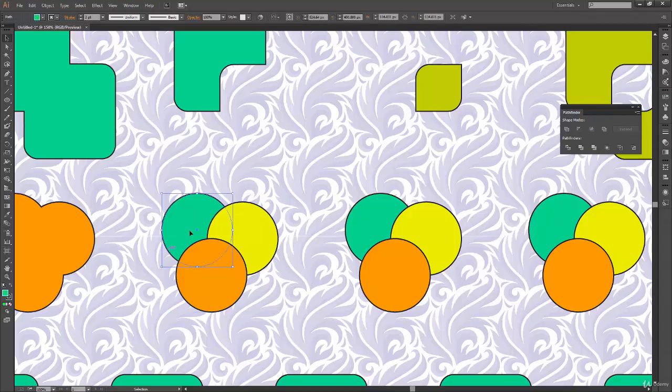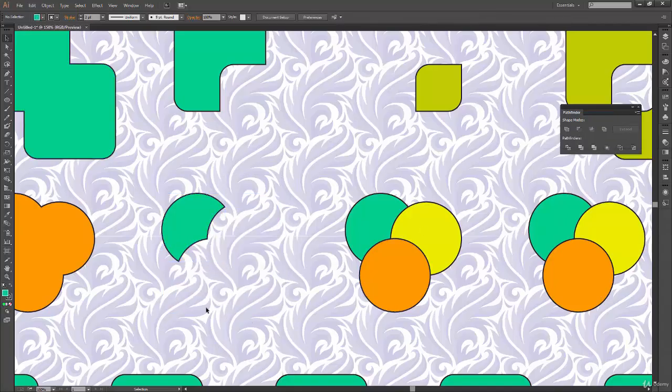So here we have our green circle at the backmost position, and the others are in the front. Let's see, if I click on the subtract, we have achieved something like this. It has used all the shapes which are not at the backmost position. This is at the backmost position, so it has used all the shapes above it to subtract the part which was intersecting with those upper shapes.